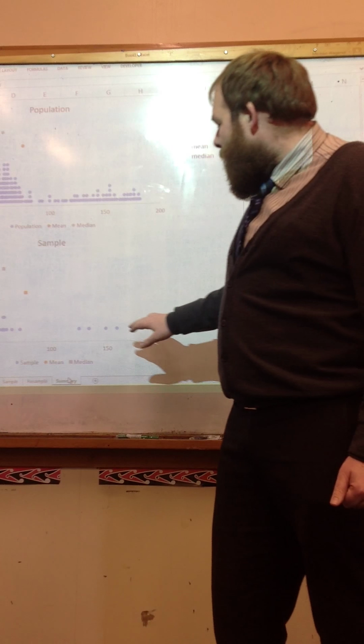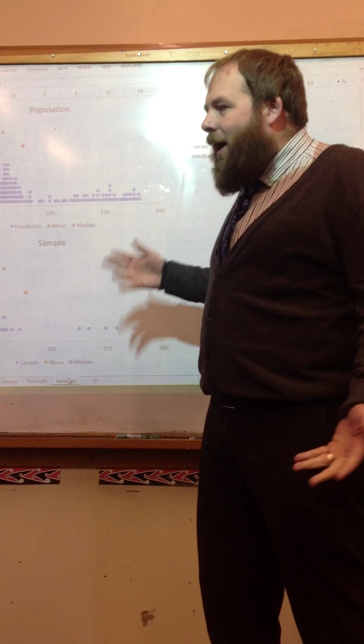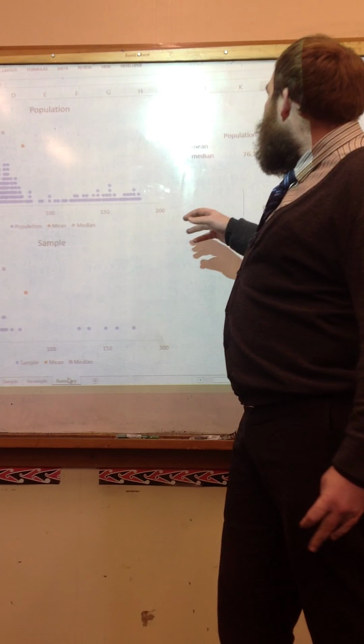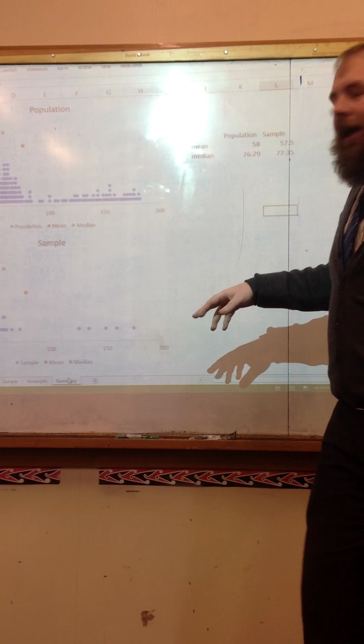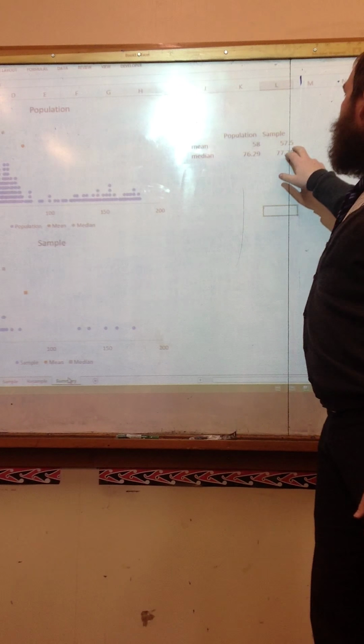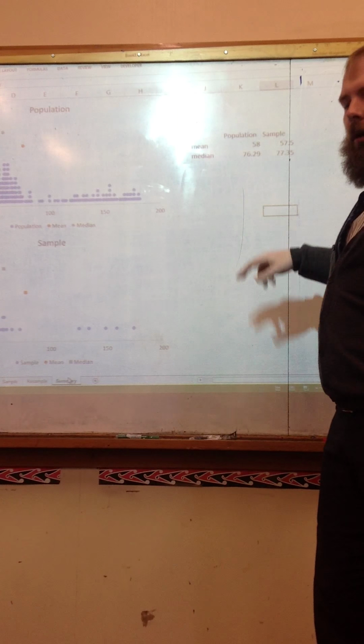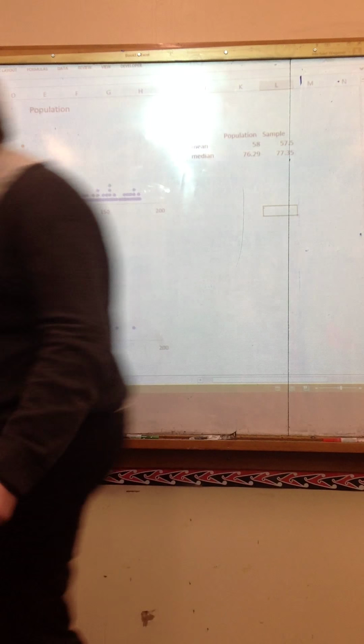So here we see in this one we've got 5, which is about right. We've got about a quarter of them picked, right? So this one's worked out reasonably close. And if we look up here, because of that, our mean in our sample and our population are actually really, really similar, right? But if we take another couple of samples,